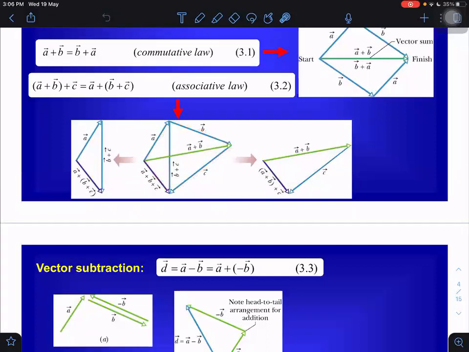Or I can add B plus C. Here they are adding B plus C. I can add B and C together to get B plus C. If I take B plus C here and add A to that, then also I get the same resultant. So in one case, they are taking A plus B plus C, and in another case, they are taking B plus C and adding A to it, and then also we get the same resultant. So finally, this resultant remains the same. The resultant does not change. This one is the resultant. This one is the resultant.